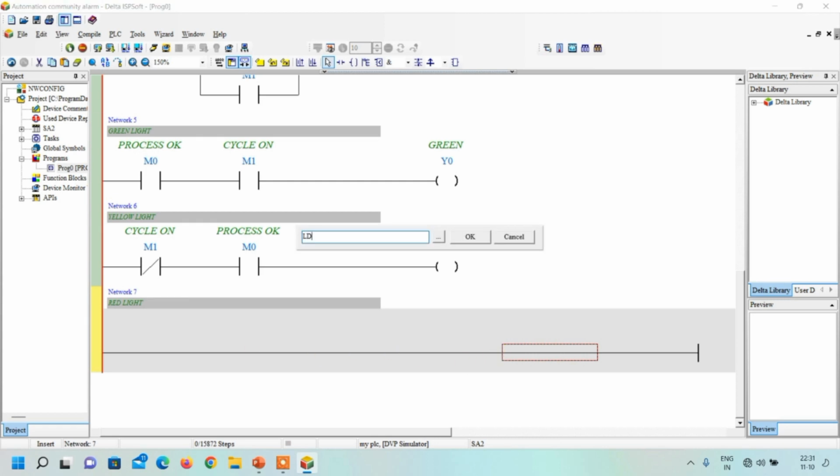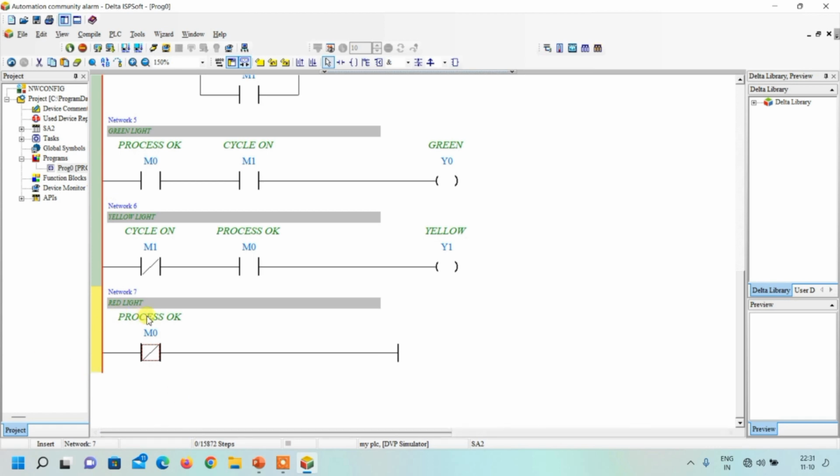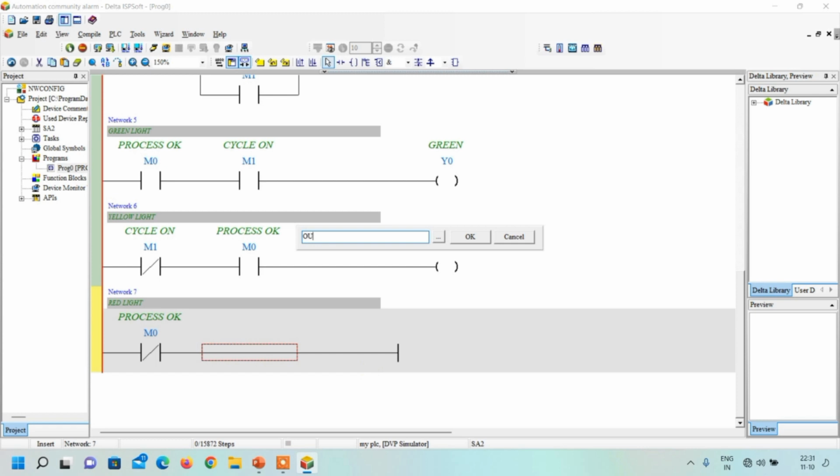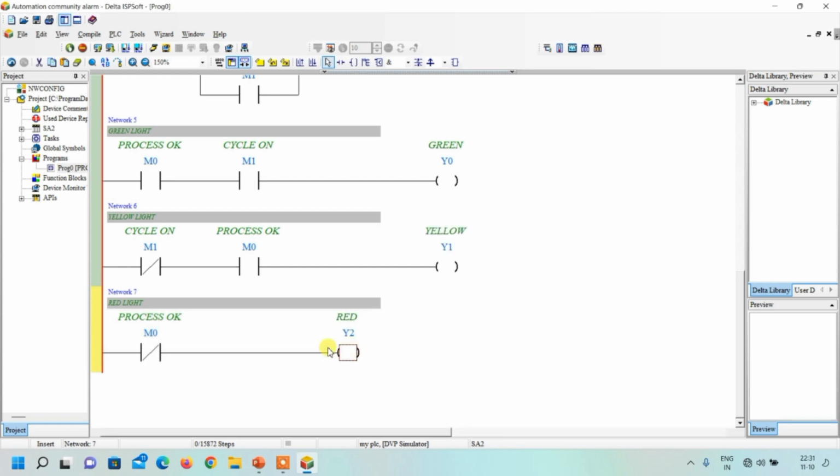So right over here, LDI M0. That means if the process is not okay, this bit will be off. This bit will be off means its NC will have continuity. So if the process is not okay, that means there is some fault or alarm. In that condition, we want to turn on our red light that is connected to Y2, but it should be